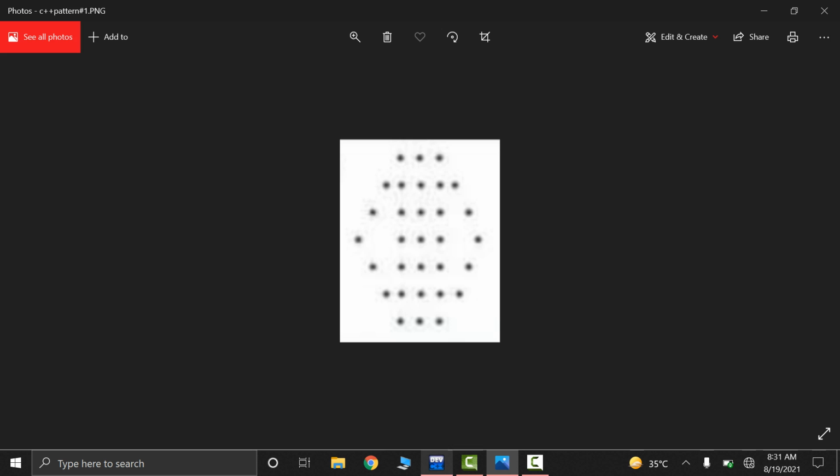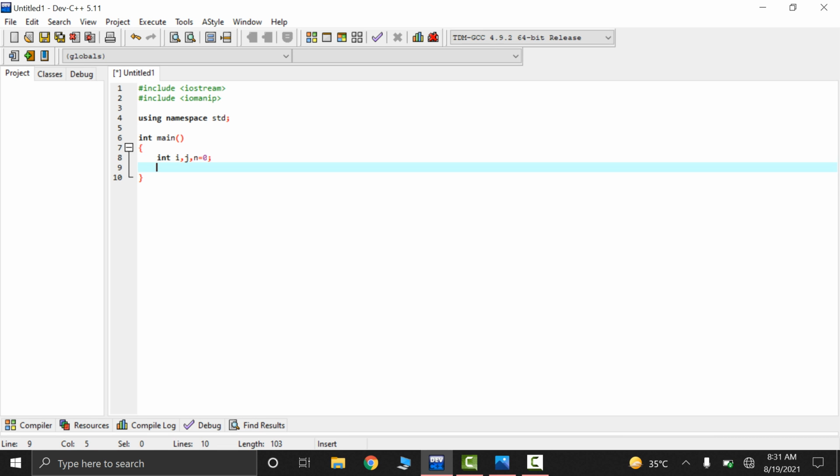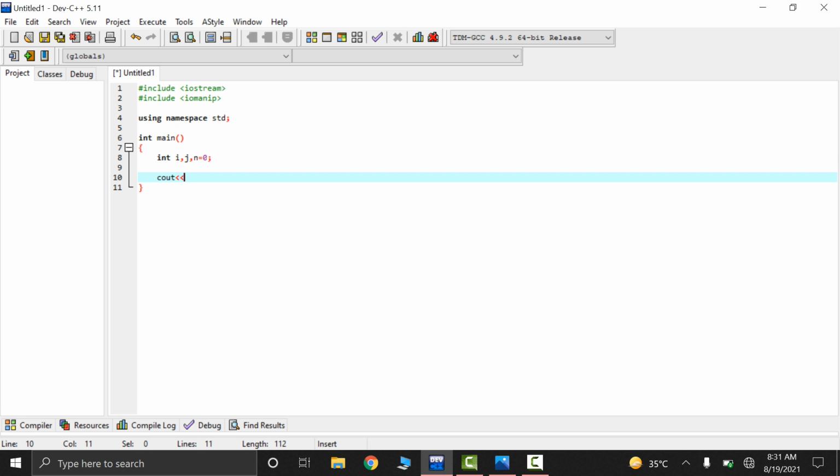So going towards the code, I have this library, hash include iomanip, and I'm going to use its feature like setw. It will just set the width horizontally, or give the space, and I'm going to show you how to do that. Don't worry about that. I'm going to make a user driven program. I'm going to take the size from the user, enter size, or you can simply say enter num. So the user will give the number in n. This is the variable in which the user will give the size for this pattern.